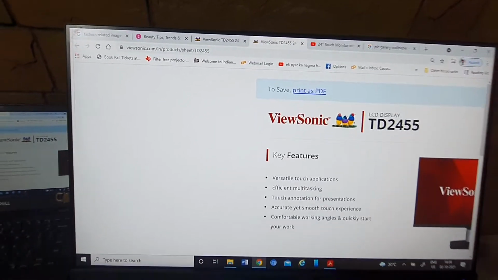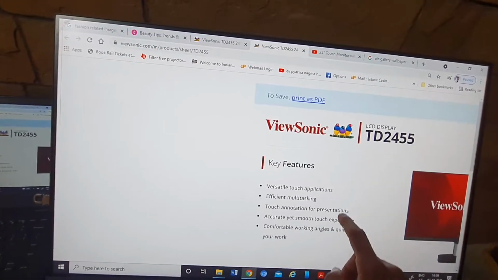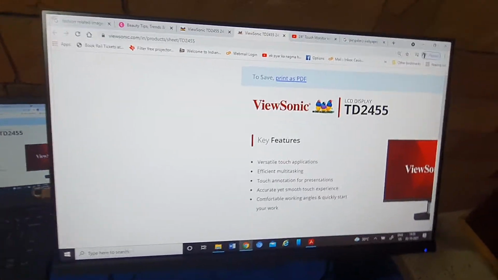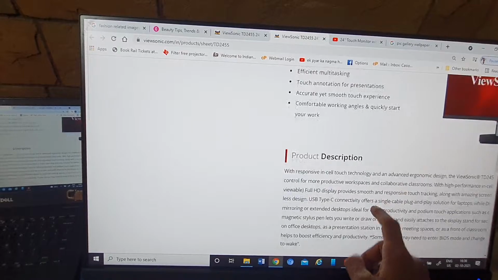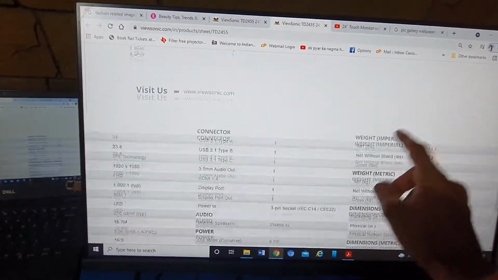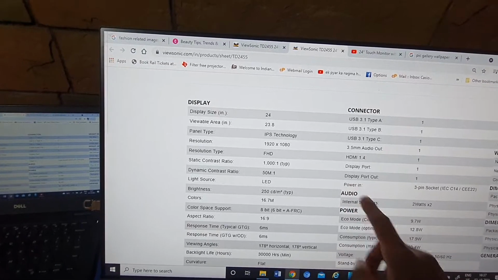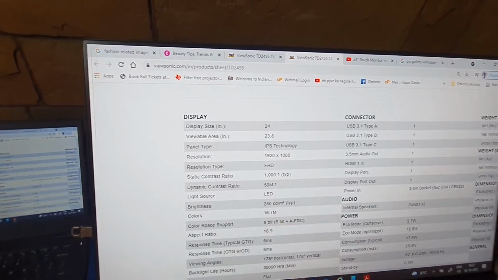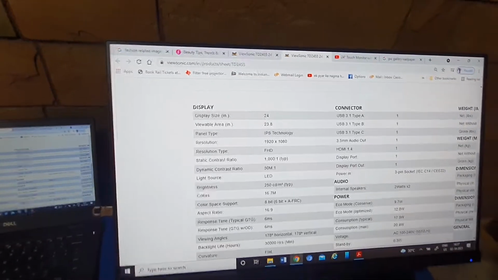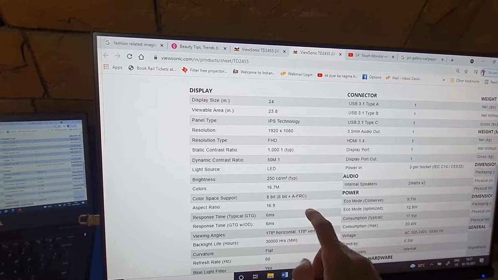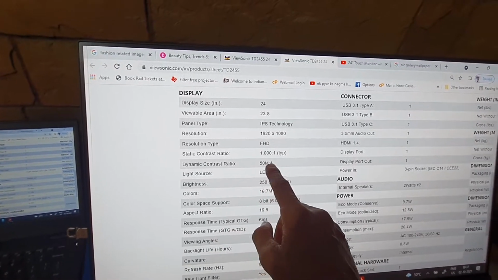You can find this model in 24 inches, and as you can see here, 22 inches is also available, and 16 inches is also available. So all features are the same. This monitor does have full HD resolution, 1920 by 1080p, so it gives very good picture quality. Dynamic contrast, oh my god, 50 million to 1.